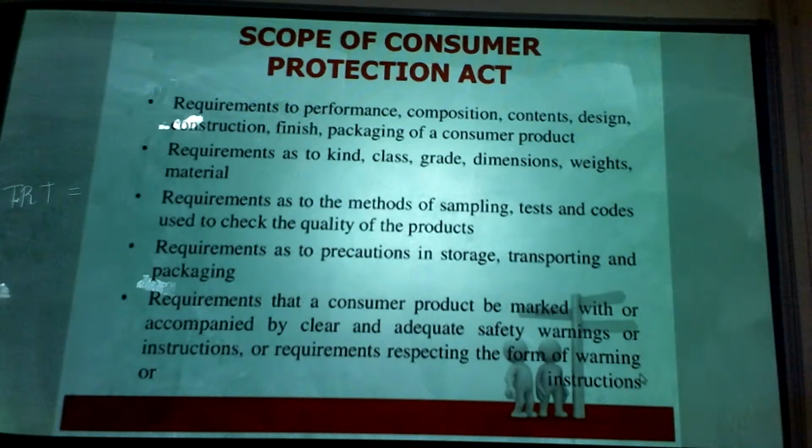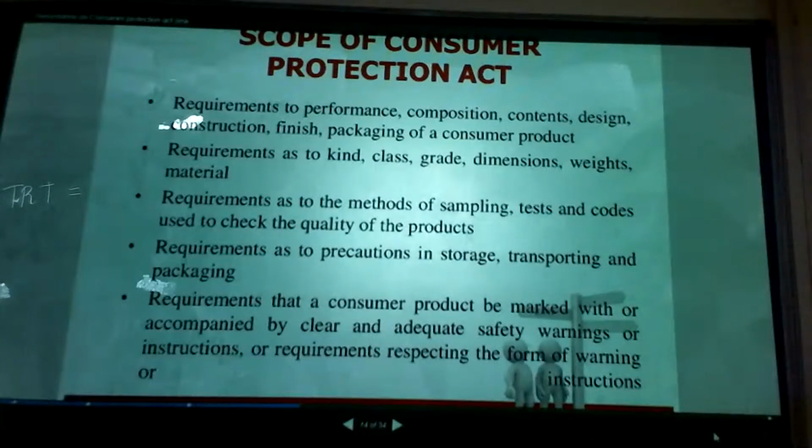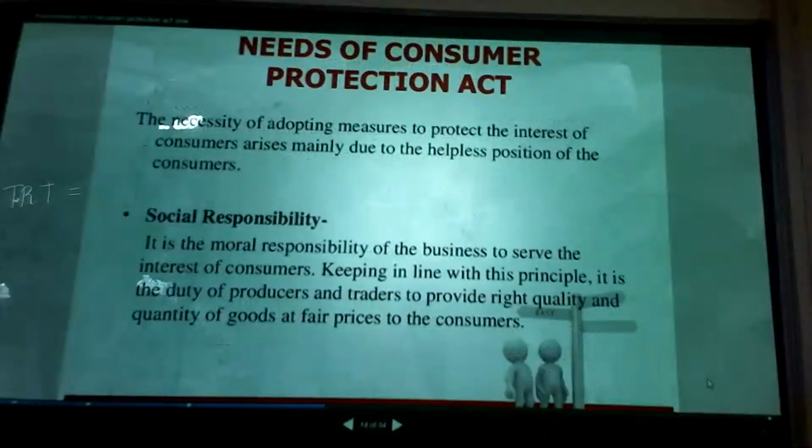Next, moving on to the scope of the Consumer Protection Act. What are the major scopes? I have already given one example, food adulteration, the present tendency. For example, people purchasing vegetables, fruits, or groceries; these are the major loopholes in society now. We have to avoid that through consumer law. The consumer law has to enforce rules and regulations on manufacturers as well as service providers. Let us go one by one, starting with requirements for performance,